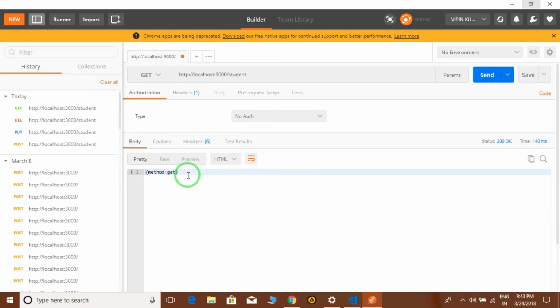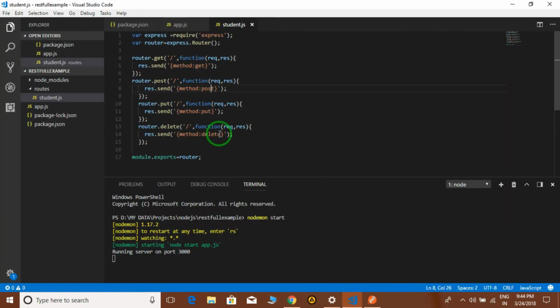Now these particular routes I have to convert into actual URLs and actual data. So in the next lectures we will learn how to connect all these things with the MongoDB database, how we can insert a record in MongoDB and how we can fetch data from that database. I will show you how to make it a real RESTful API application.